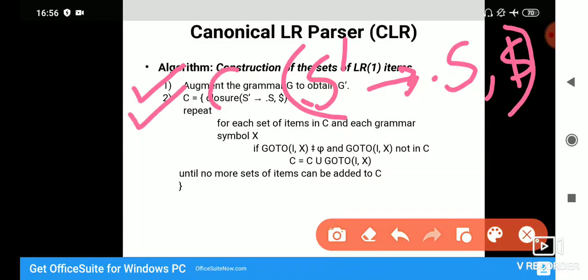Whatever closure we will obtain, we will place it in C. Now how the closure is obtained, that we can see in the algorithm. For each set of items in C and each grammar symbol X, whatever set of items we are considering, if goto of I comma X is not equal to phi, that means we are getting a new